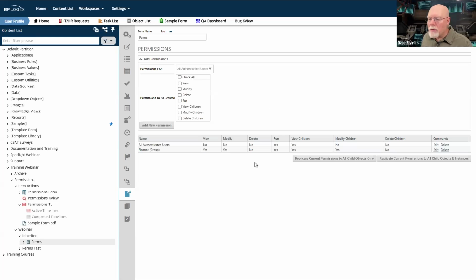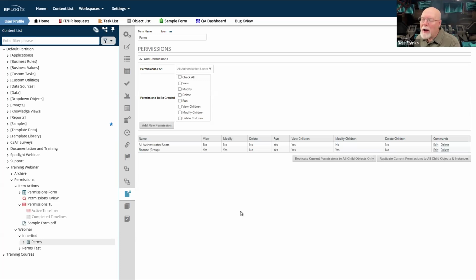Whatever the standard permissions that you have set down here at the folder, or in this case, in the form or the process timeline, they don't matter. You've been assigned a task.